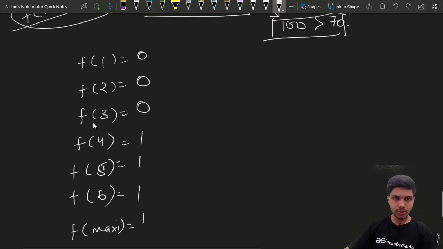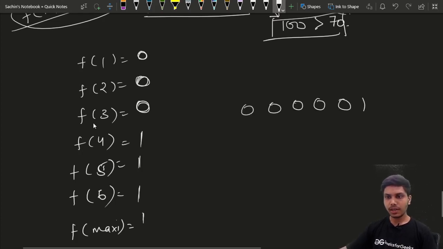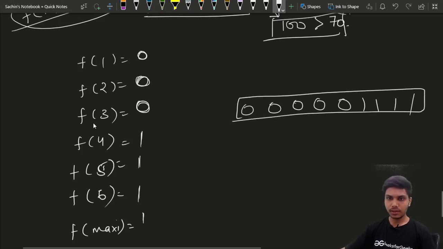So our function will return in a sorted manner. In this way we can apply binary search on this array, and here we have to find the first one in this array. Let's call this array f.